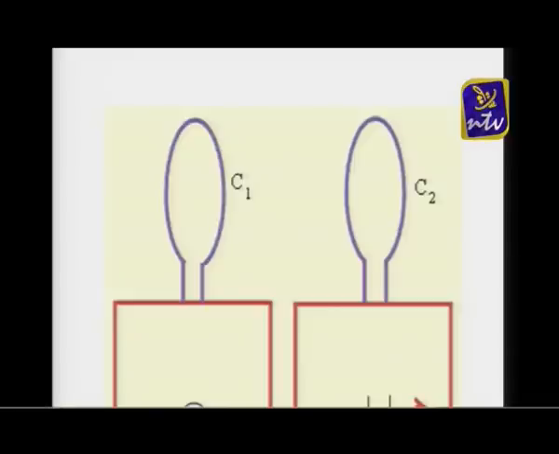I repeat, when you switch on the current and when you switch off the current, you will see a deflection in opposite directions. When you switch on the current, the magnetic field increases, the magnetic flux linked with the coil C1 also changes, so the galvanometer shows a deflection because of the current flowing through it. When the current becomes steady, the magnetic field of C2 does not change, hence the magnetic flux associated with C1 does not change, so no current is being induced.